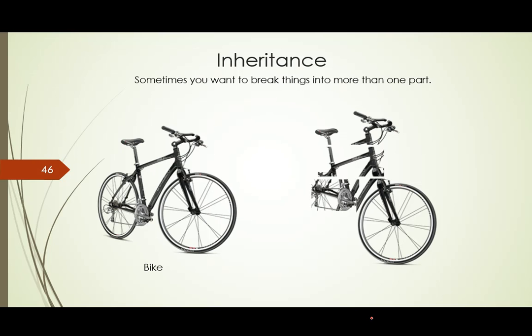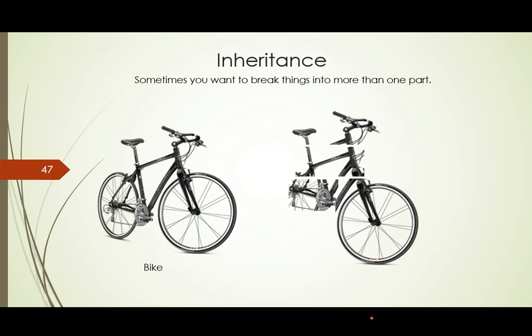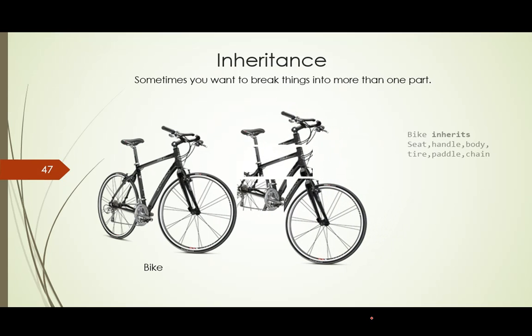So you may have the idea of what we want: we just break this into smaller pieces. You can see the images. So that's for the theory. What we want is for the bike to inherit from seat, handle, body, tire, pedal,